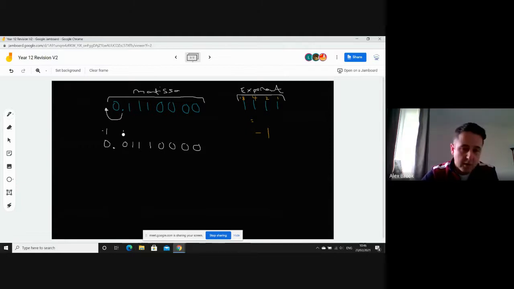You've got a half, a quarter, an eighth, and a 16th. So if you add these all together and work them all out, you should end up with the answer of 0 point, because again it's a positive number, a positive in 2's complement,